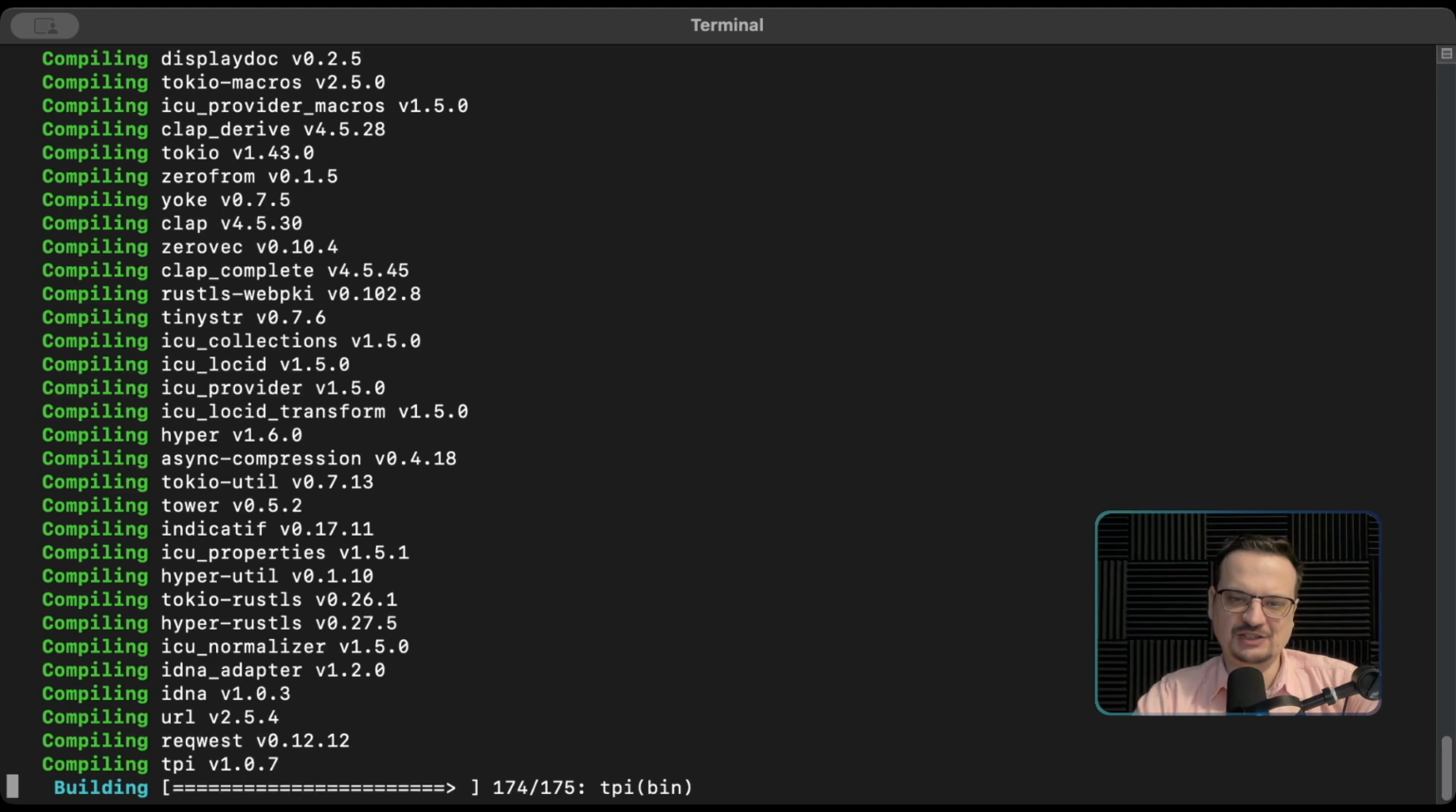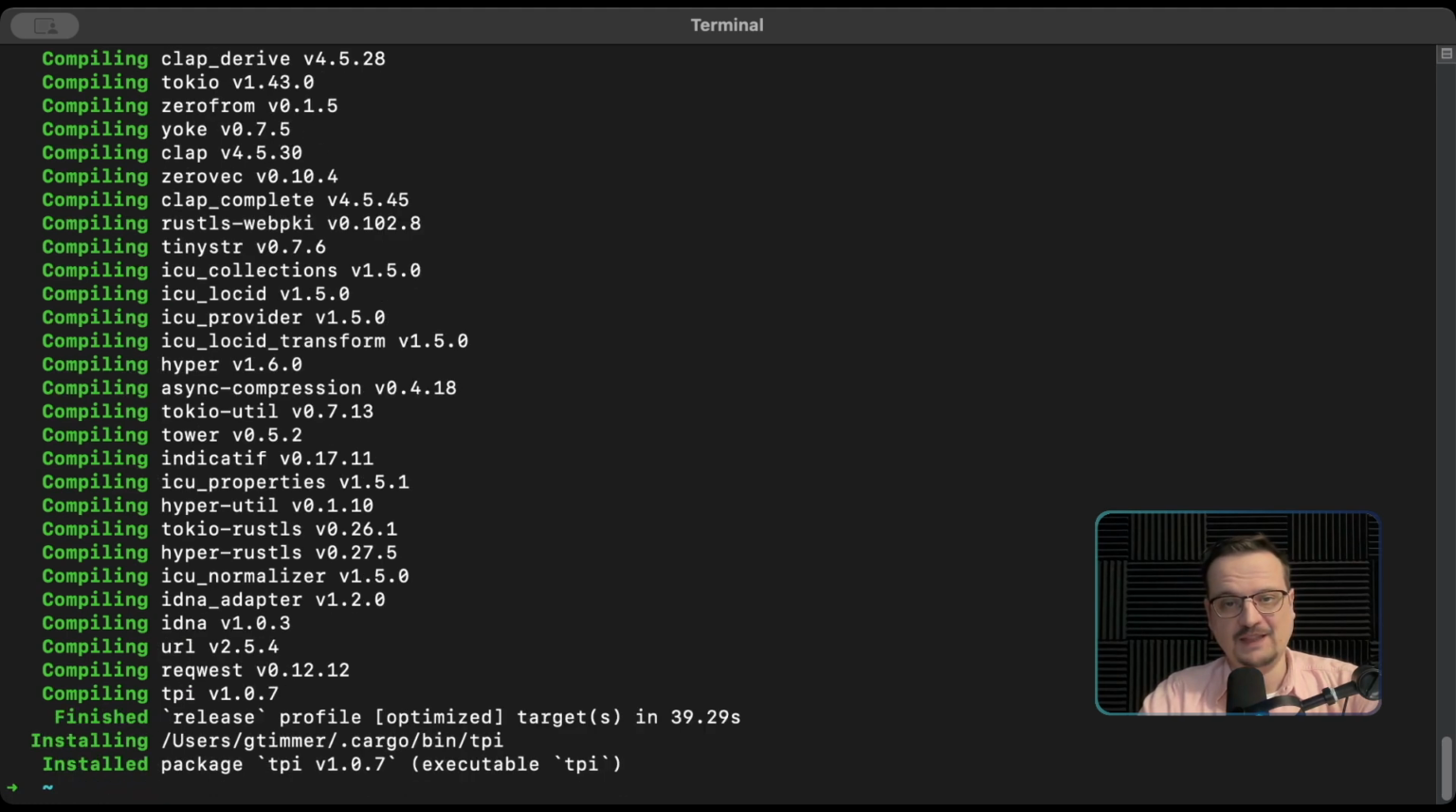And let's see if the command will be done. It takes a little bit longer than I was expecting. You can actually see that right now it's building the TPI command version 1.0.7. And there it is. It's also installed, which means, because we sourced the tools earlier or you start a new terminal,